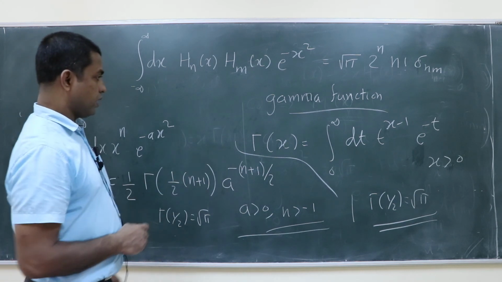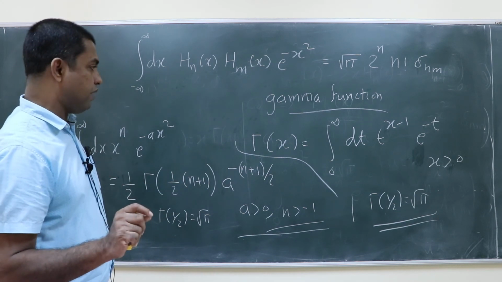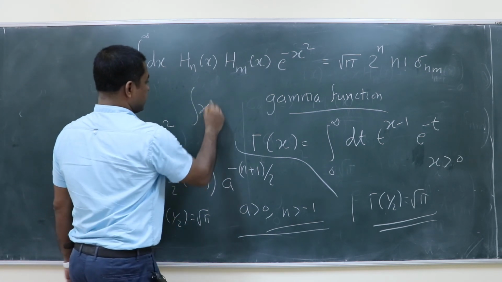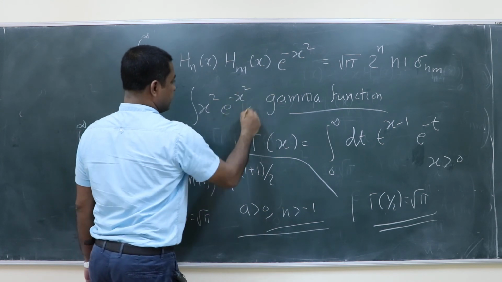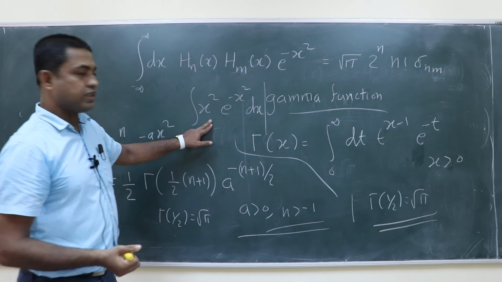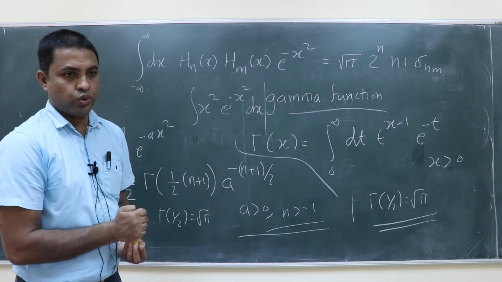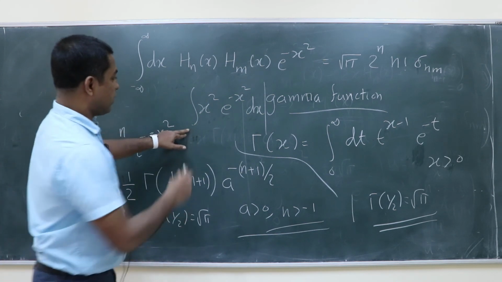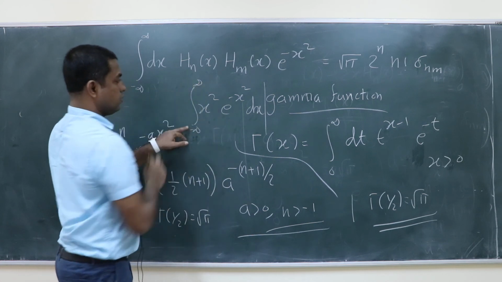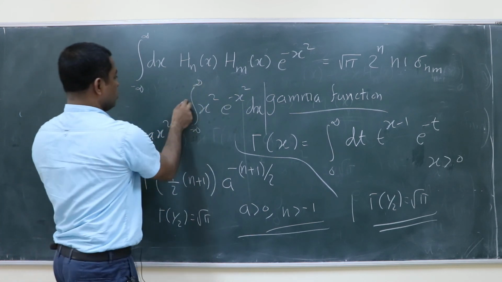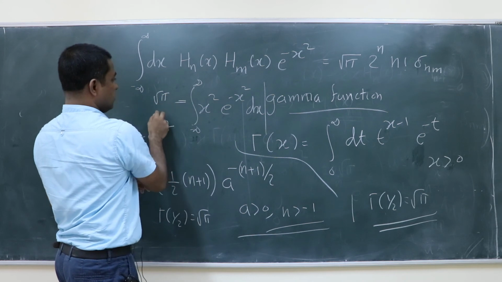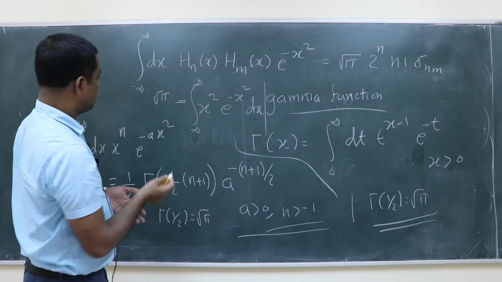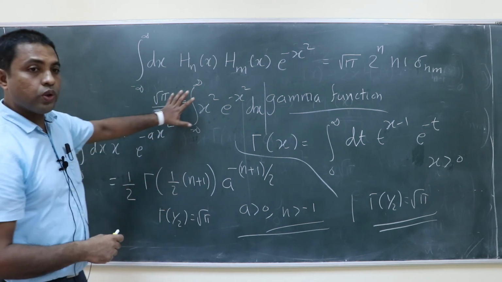Oh, time is going up. So what you all have to do is, right now what we did was the integral of x square e power minus x square dx. Take 2 minutes, then we will finish it. What is this integral from minus infinity to infinity? Is it root pi by 2 or 2 root pi? Root pi by 2. This is what you got for the integral.